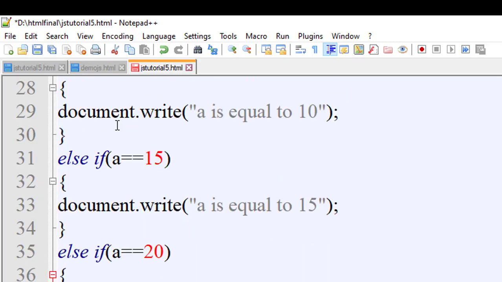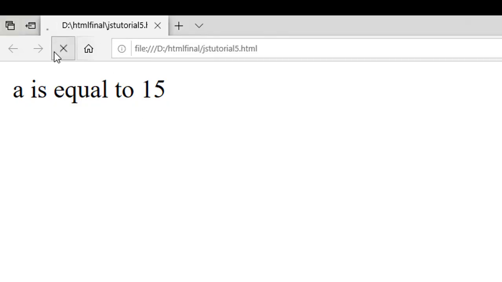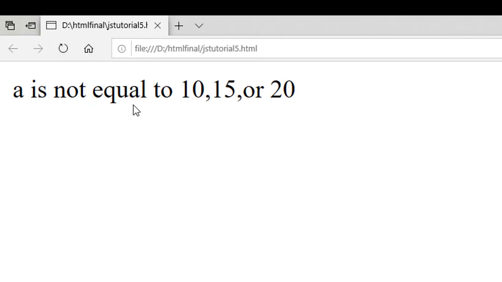So if all these statements are false, then by default the else part will be displayed. Means a is not equal to 10, 15 or 20. Just save this program and run it. A is not equal to 10, 15 or 20.